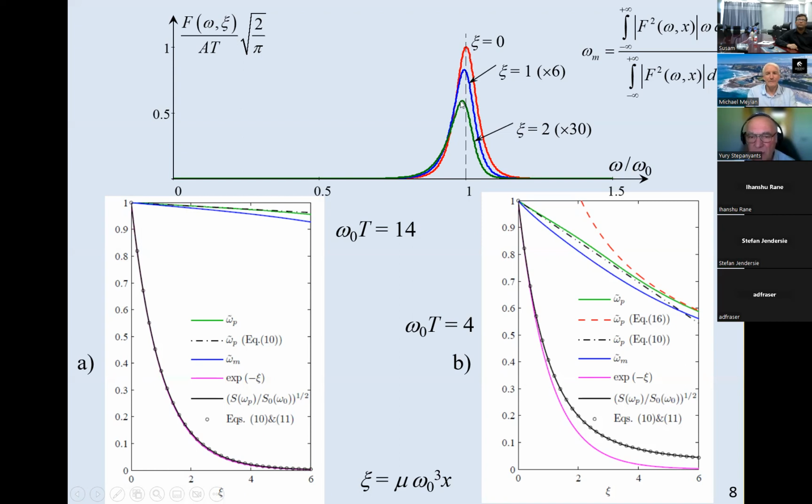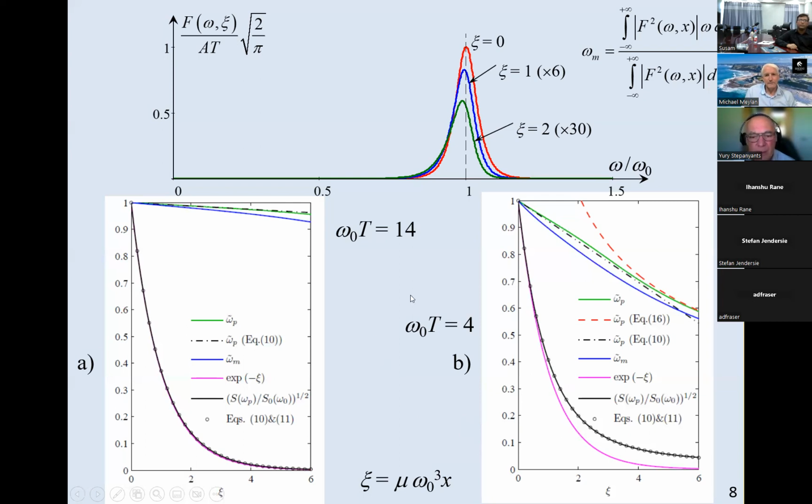So if we take into account that the decay rate is different at each maximum value of the spectrum, we obtain that the decay is not purely exponential. At the initial stage, it is indeed exponential. There is no difference between the blue line and the pink line, but then we have such a difference